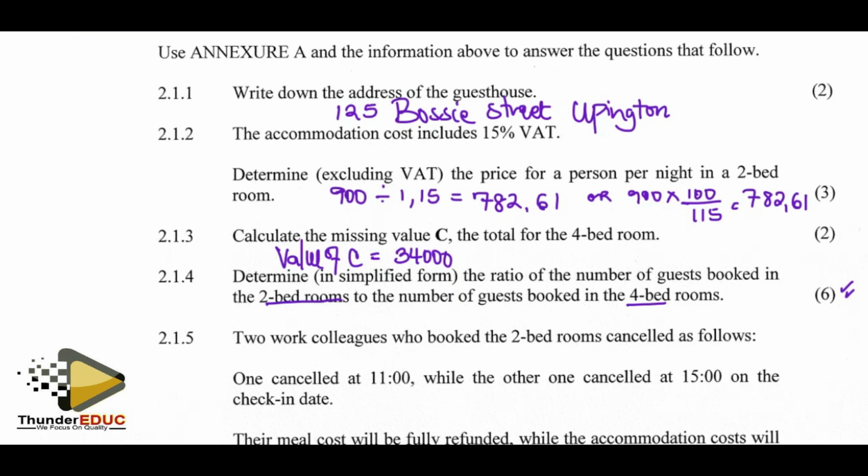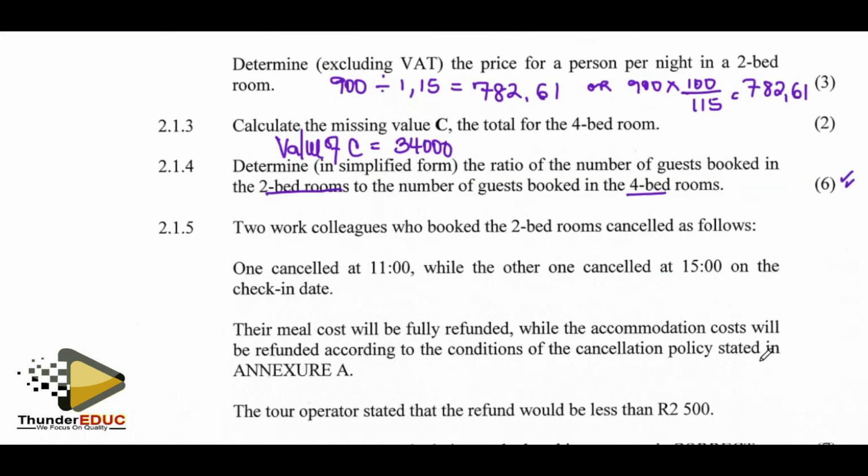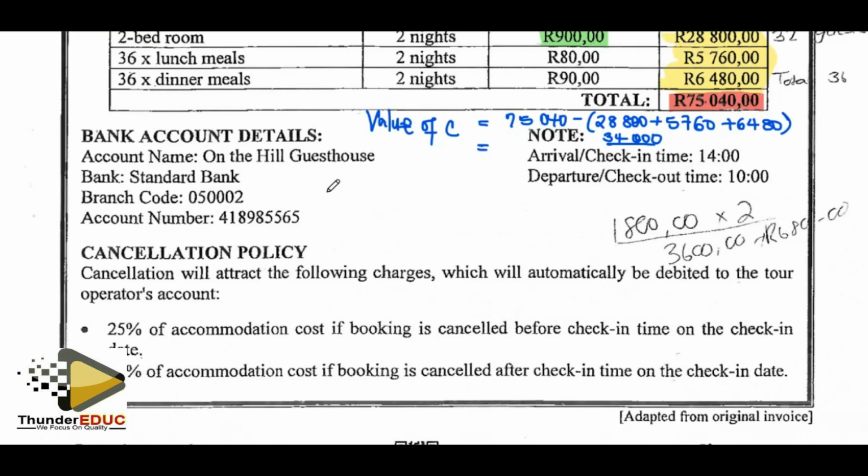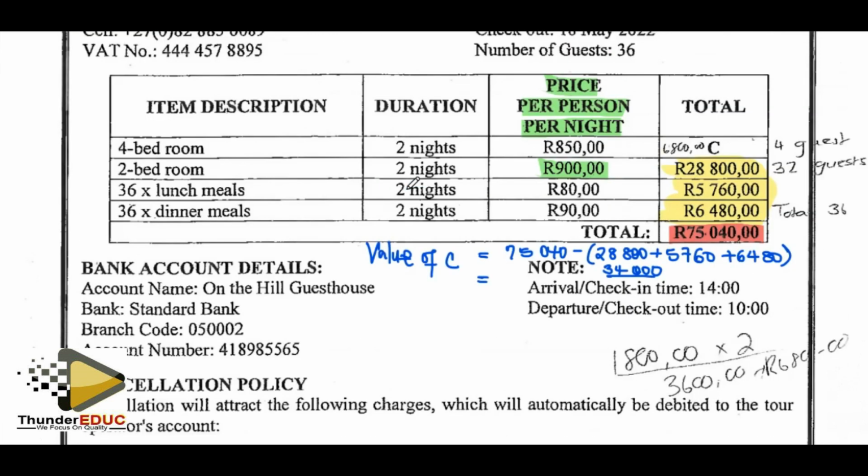So what are we going to do? We shall go to the next year and we find out. Let's go to the next year. We find out. The next year says 2 nights, 900 per person, and they paid this much. So how many guests were here? So all we need to do, we shall say